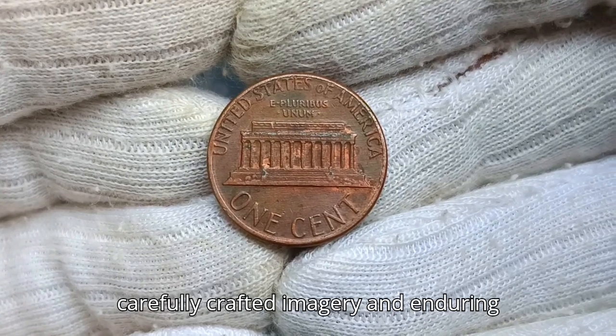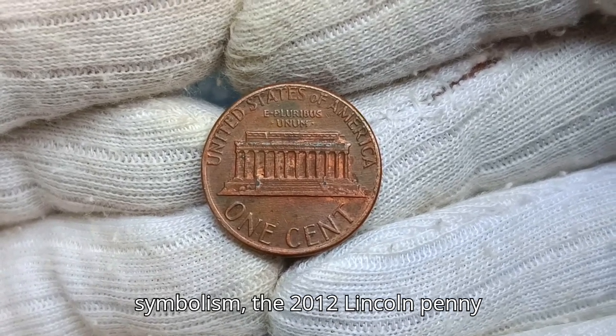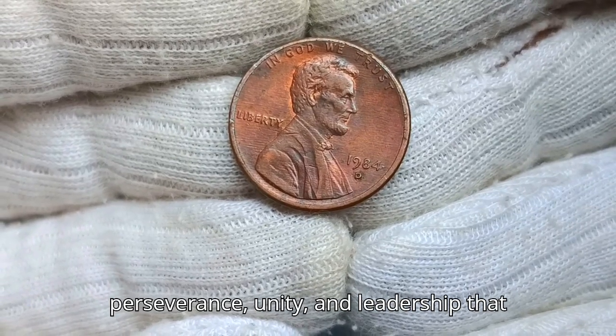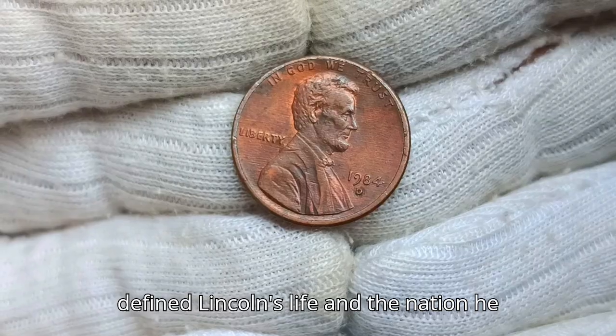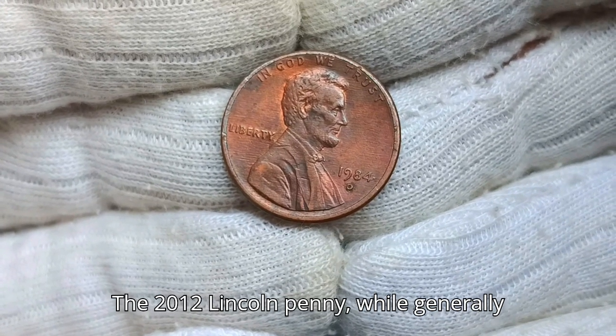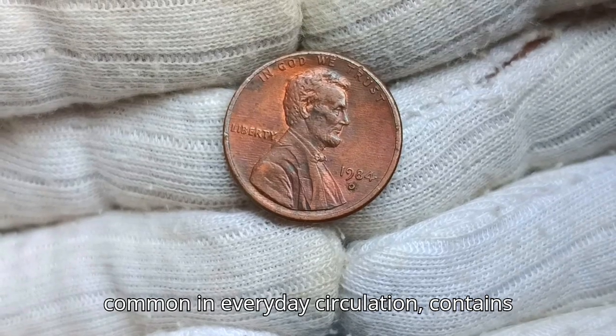Through its carefully crafted imagery and enduring symbolism, the 2012 Lincoln penny continues to tell the story of perseverance, unity, and leadership that defined Lincoln's life and the nation he helped shape. The 2012 Lincoln penny, while generally common in everyday circulation,